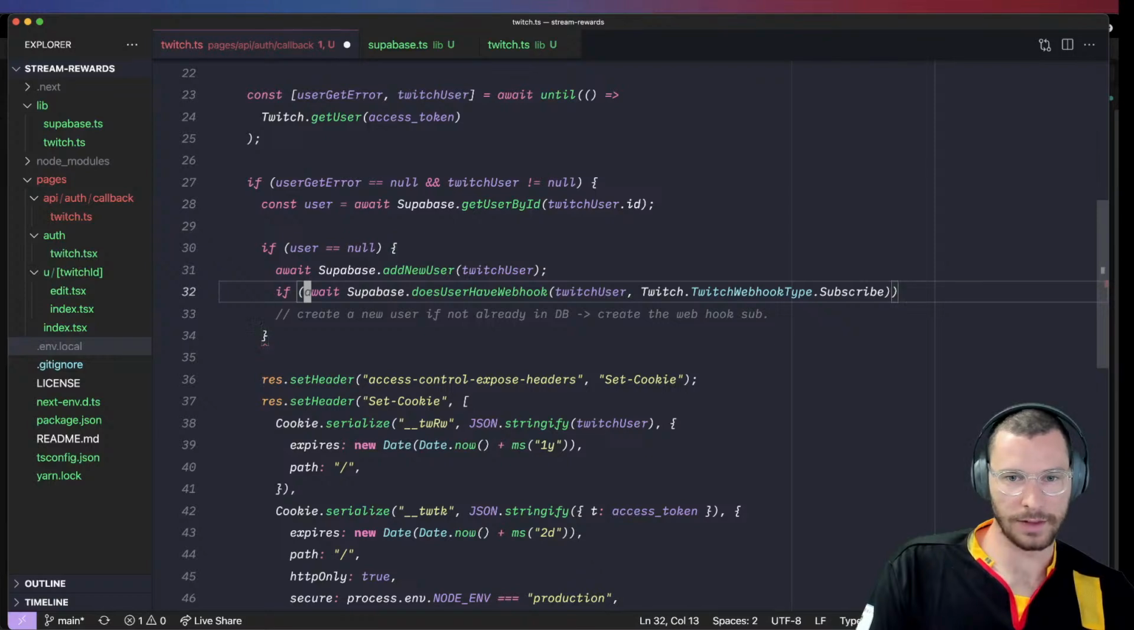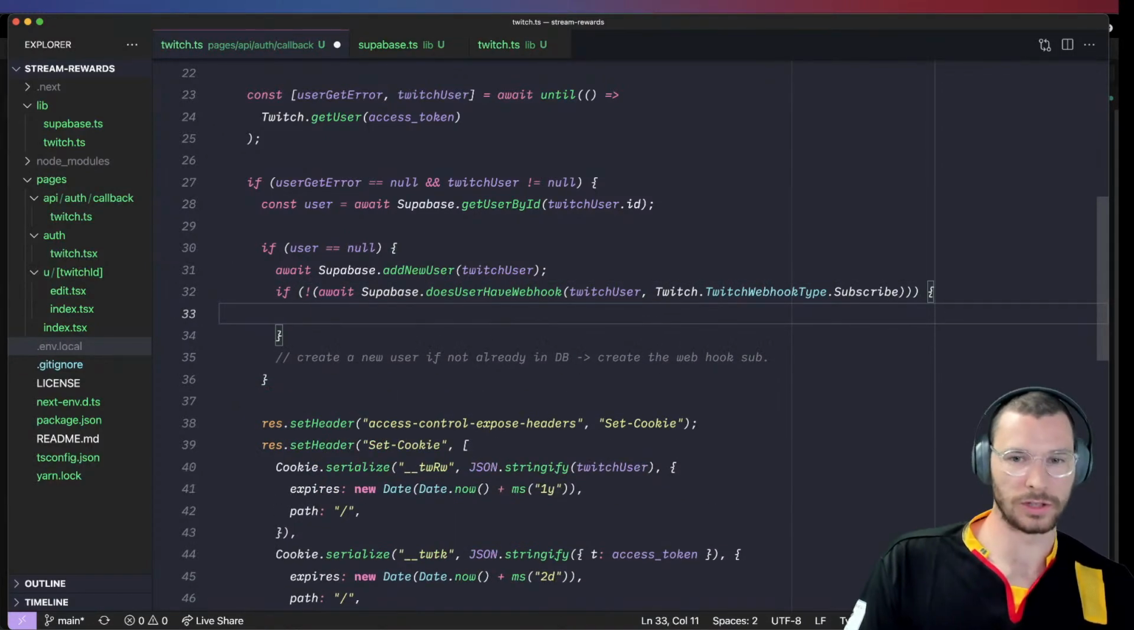So if we don't have it, that's what we want to check. Do we not have a subscription for this? If we don't have it, we can create the subscriptions. We can say